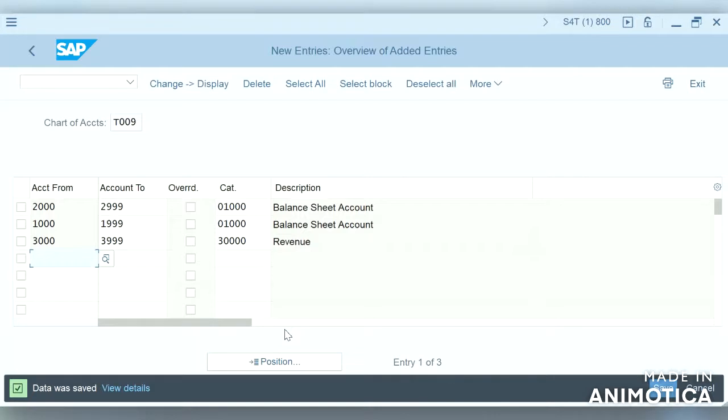In this step, GLs are classified according to item categories according to business transaction nature. It is recommended that instead of assigning item category to each individual general ledger account, try maintaining the item categories for a range of general ledger accounts.